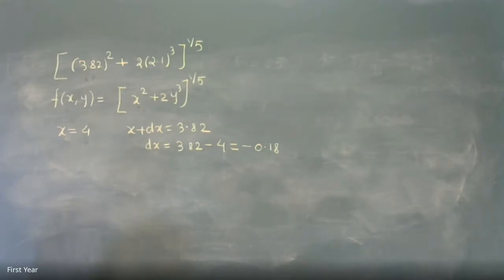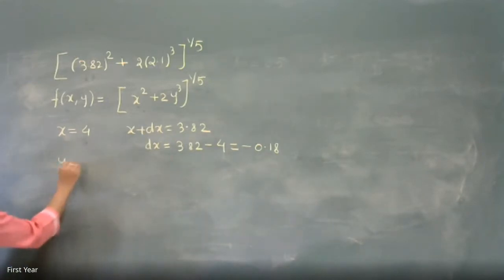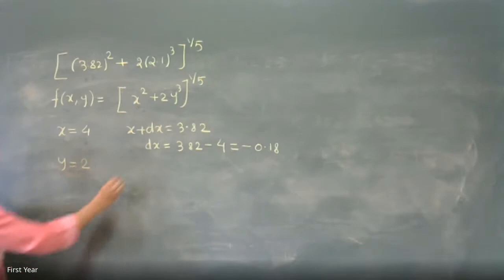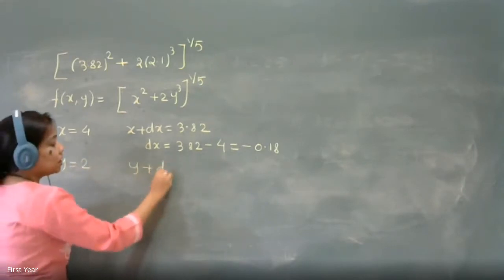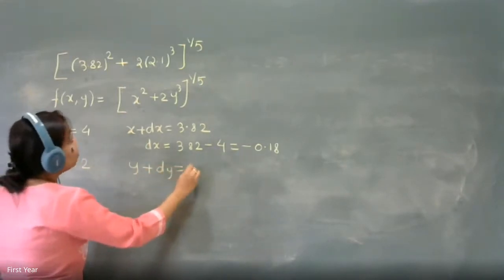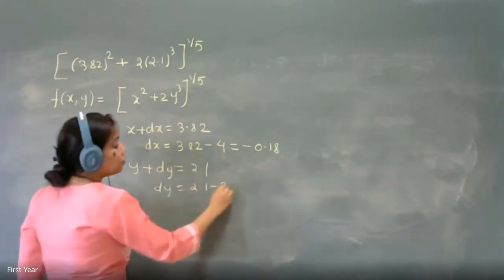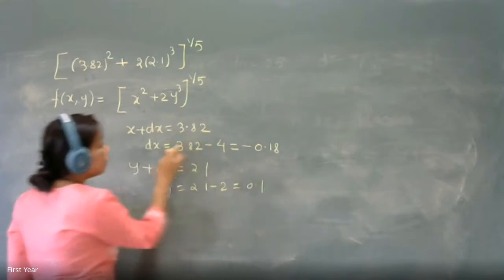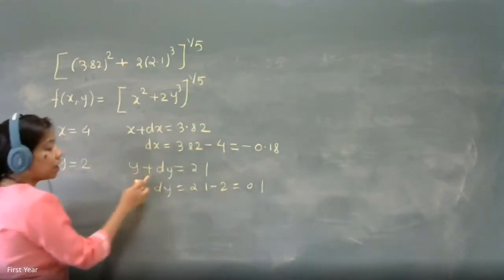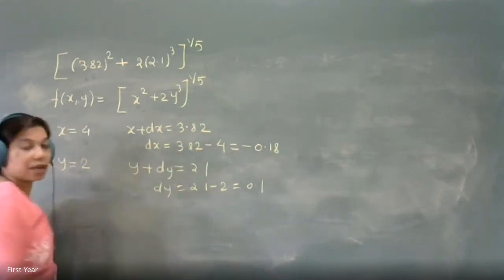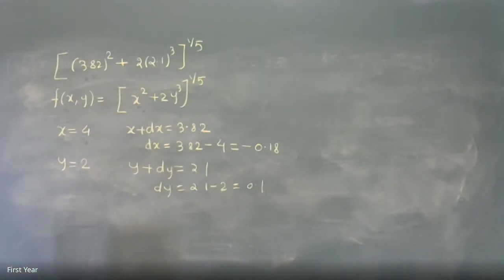Okay. Similarly, what is the value which is close to 2.1? y is equal to 2, but I want the value of y plus dy to be equal to 2.1. So dy will become 2.1 minus 2, which is 0.1. यहाँ पे decrease हो रहा था तो minus आ गया. यहाँ पे y increase हो रहा है तो plus आ गया. The way we did in the previous question for kinetic energy. Okay.